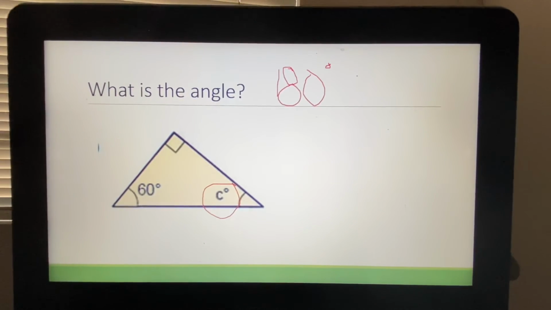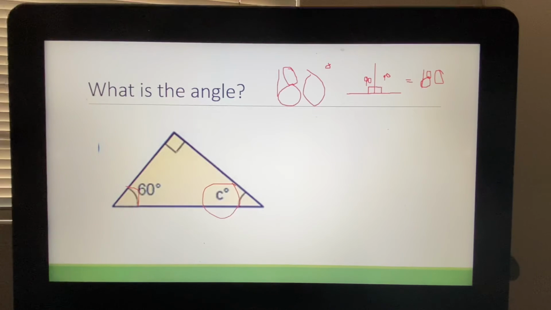So if you double a right angle, this is 90, and this is 90, which means 90 plus 90, 180. That's why a triangle equals up to 180. So we have our 60 degrees on one side, and remember when we see straight